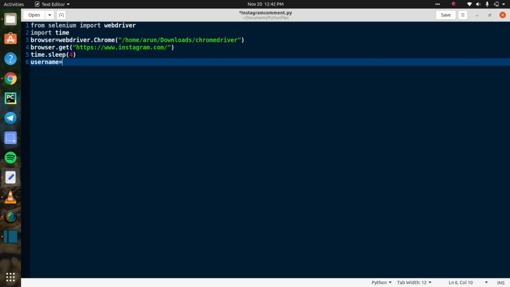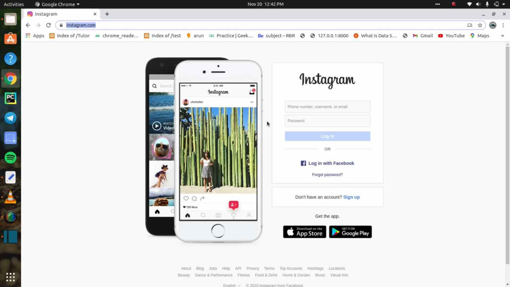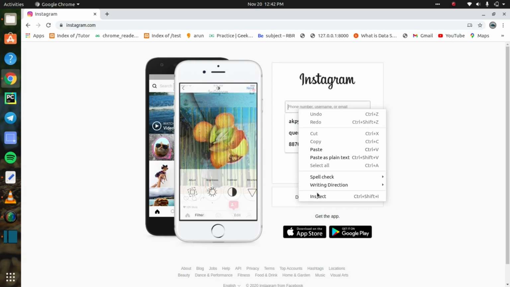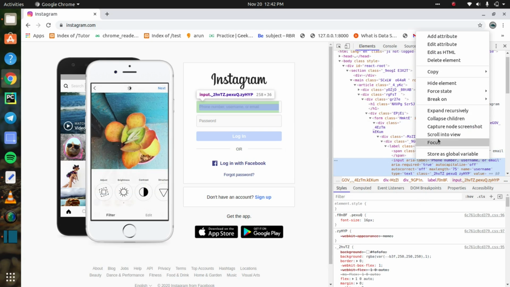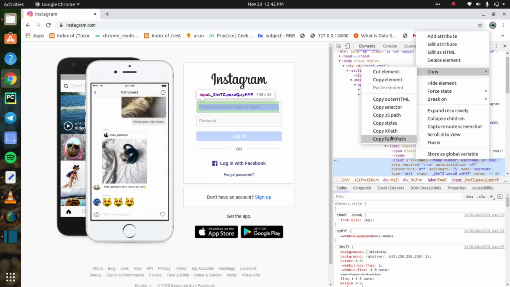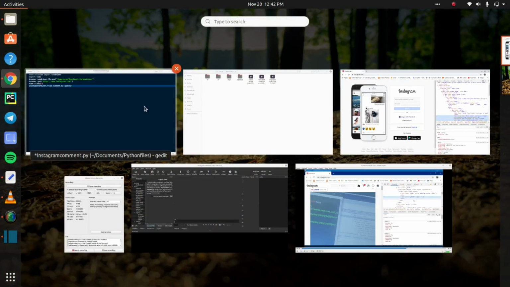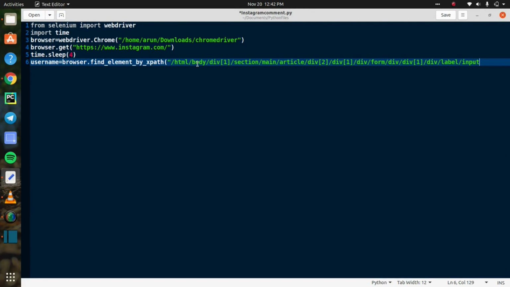Create a variable called username, and in this variable you need to write browser.find_element by XPath. I will show you how to find the element by using the XPath. Here you can see the login information page. Now go to the username input text field, right click and inspect the particular element. Here you can see the input field. Select the field, right click and copy the element by full XPath. So this is the main step, and you need to replicate this step for doing every automation